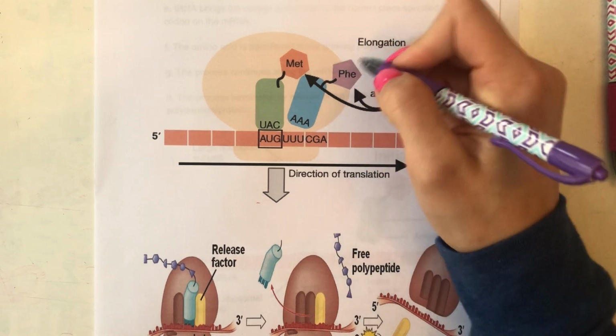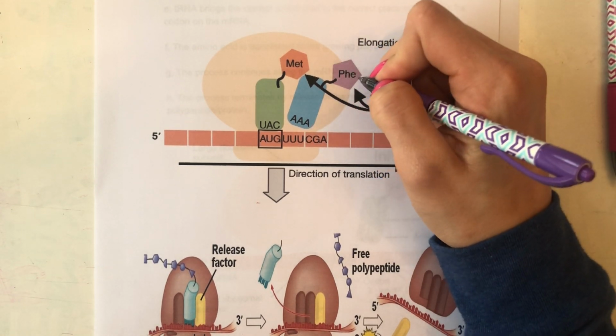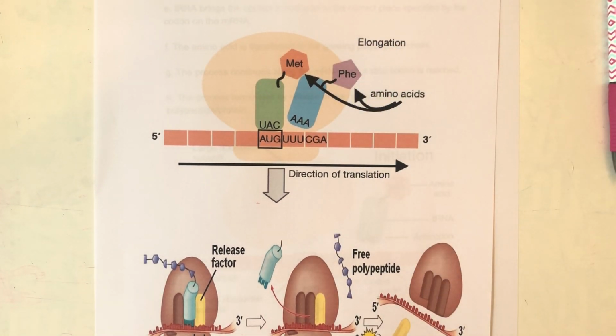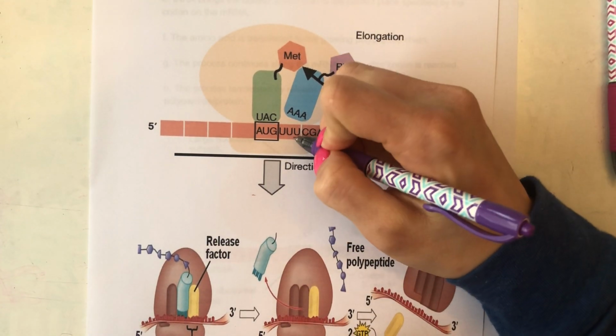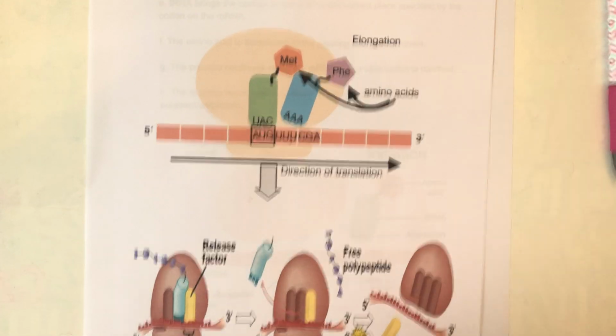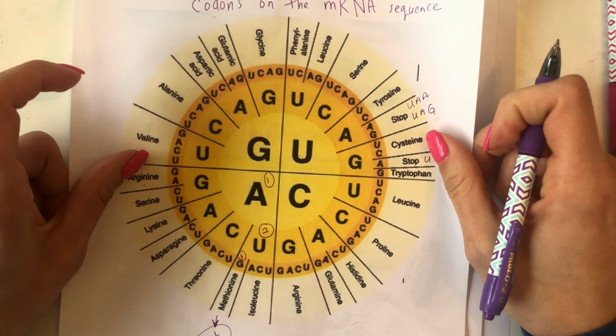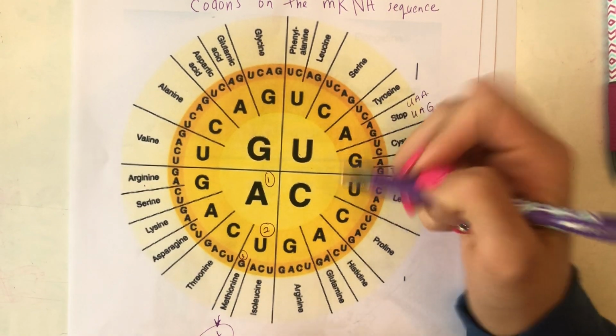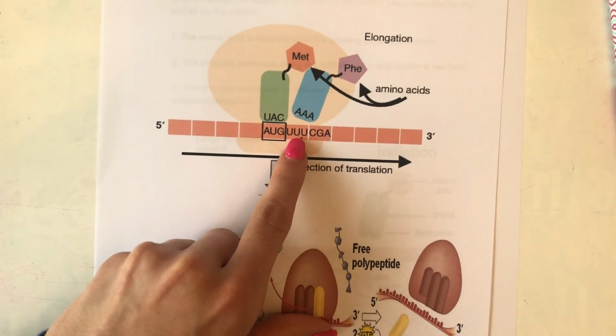Now, if we look here, PHE codes for phenylalanine. One thing I want to point out, we are not reading this anticodon, we are reading the codon here. So if I go to my codon wheel, UUU, which is the code here,